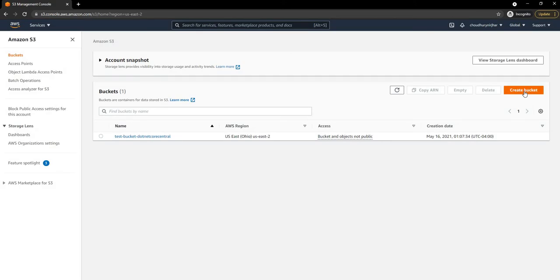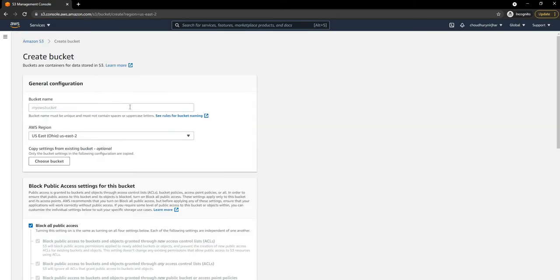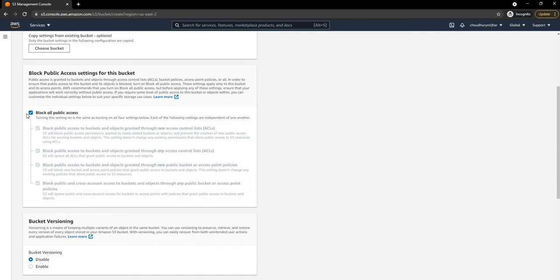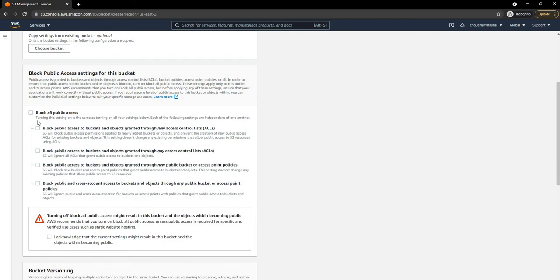So to do that, what I'm going to do is first create a new bucket, and for the bucket name I'm going to use test static web page, and I'm going to keep everything as is. One thing I'm going to do here is uncheck this, in which case I'm going to allow public access. If I allow public access, the files inside of S3 are going to be available over the internet, otherwise they will not be.